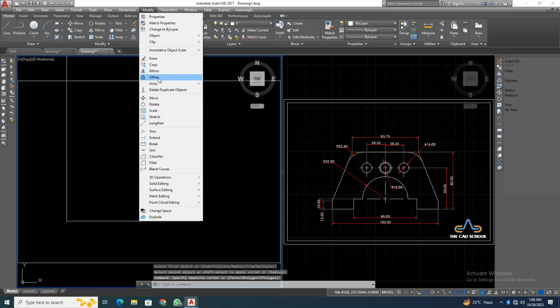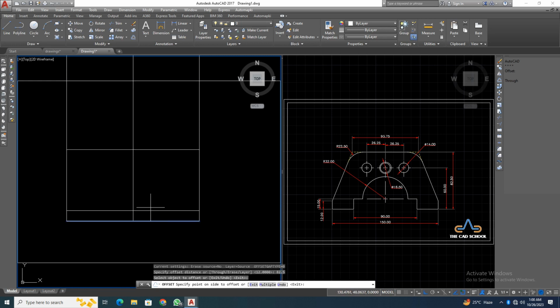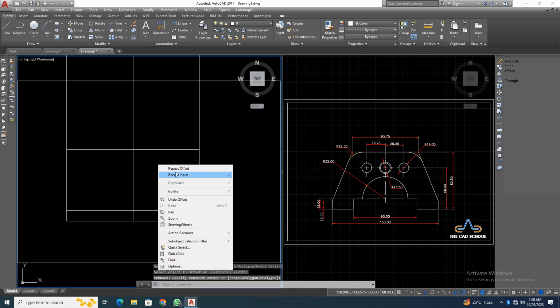Then go to modify, select offset from endpoint to midpoint for the line of symmetry. Then again offset of distance 12. Then again offset of distance 82.50. Then offset,